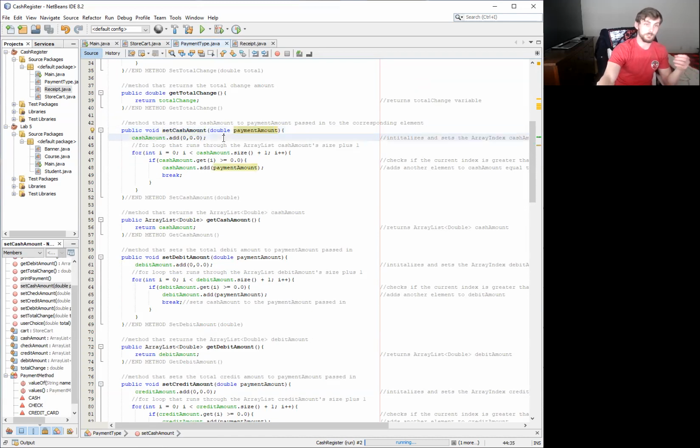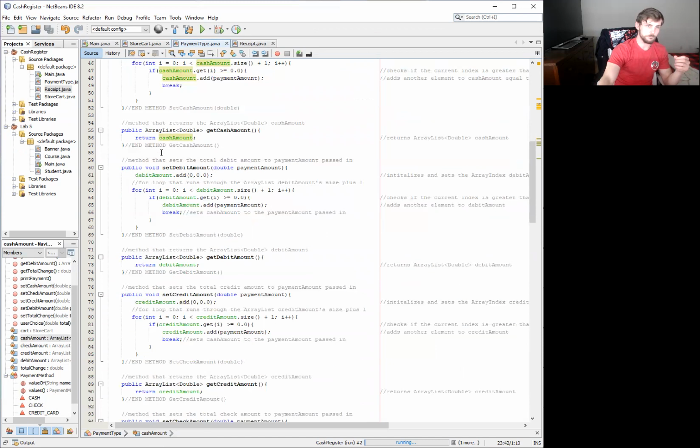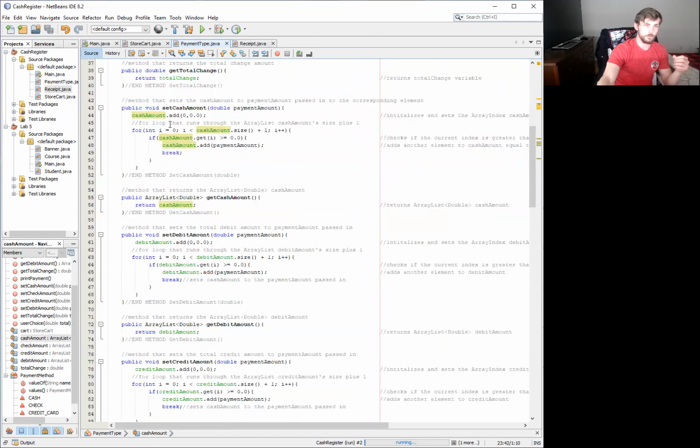So getting actually into the code itself, cash amount, which is this array list object up here, it will, sorry, I lost my script. It will add an element as 0.0. And then it will run through a for loop. This for loop will then run through the amount of elements in the